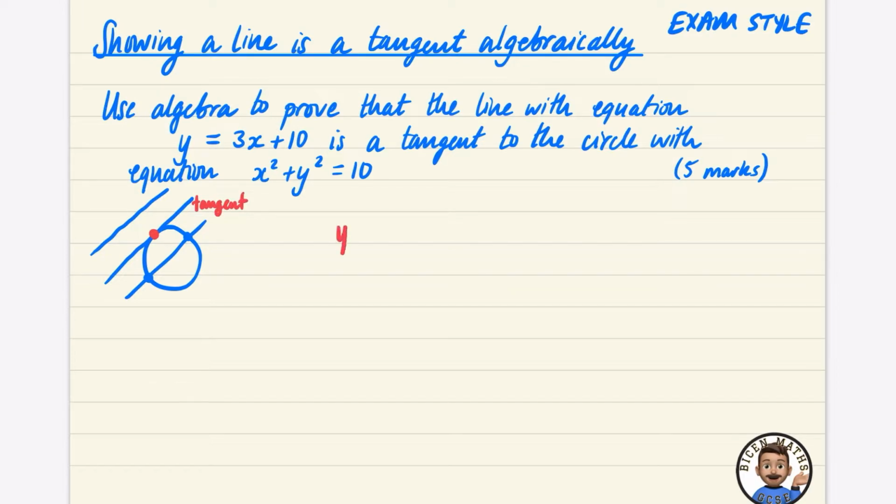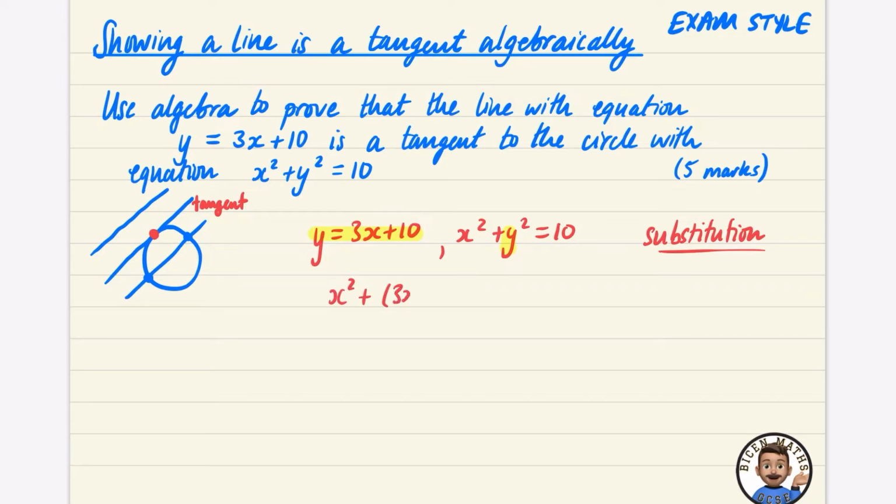So I'm going to take the two equations, y equals 3x plus 10, and the equation x squared plus y squared equals 10. I'm going to solve these simultaneously, and if you haven't checked out my video on this, the only way you can solve these is by using substitution. So I'm going to take this y, which is 3x plus 10, and replace it in the second equation. So it's going to be x squared plus y squared, which is (3x plus 10) squared,